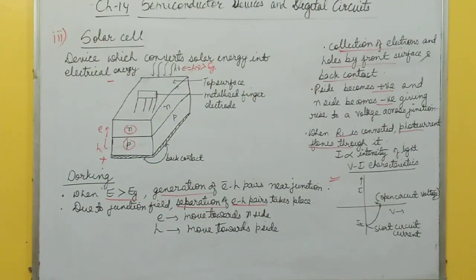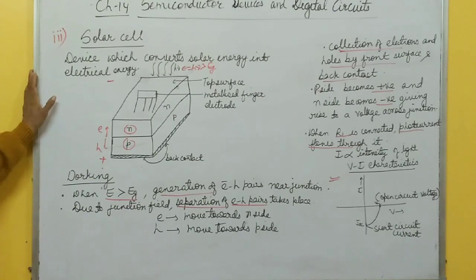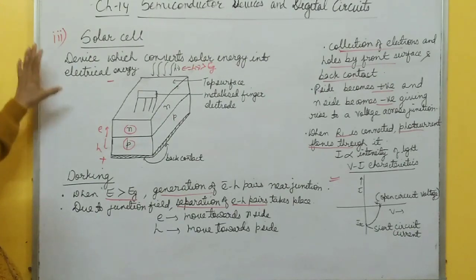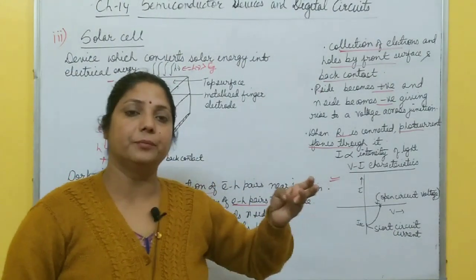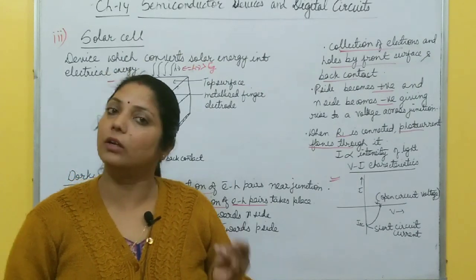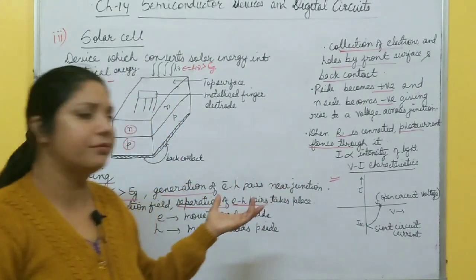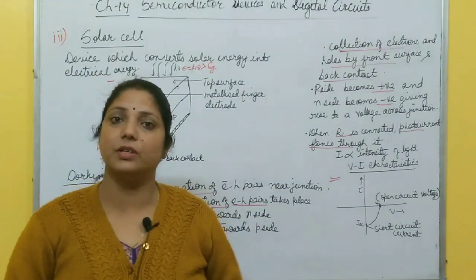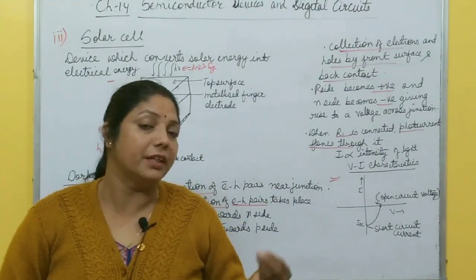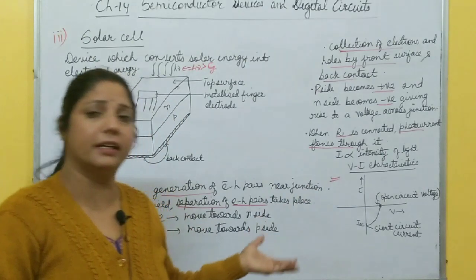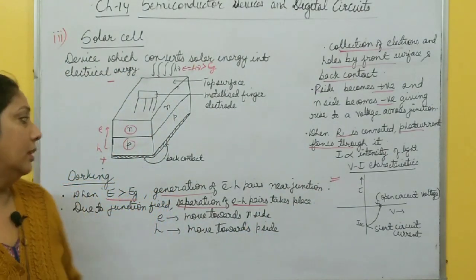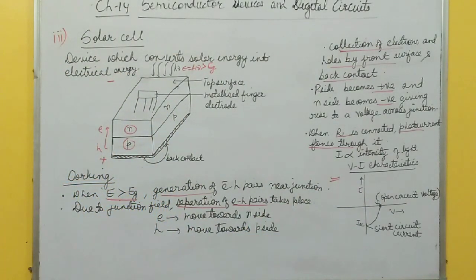So all these three types of optoelectronic devices we have discussed, and these all three, photodiode, LED and solar cell, come in short notes only for 2 or 3 marks. So you must revise in which one, which biasing is used, you must know the definition, then uses, circuit diagram, just that. Okay, so please take a screenshot of this one.